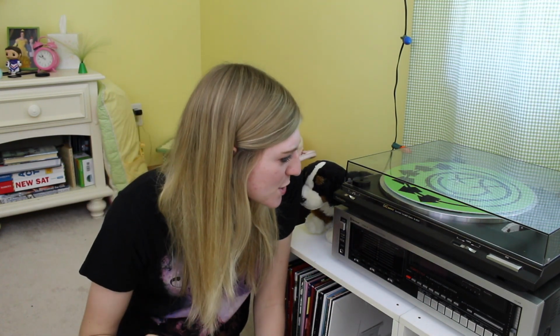So I thought it was only fitting to sit over here by where I listen to my records, which I don't think you guys have ever even seen my record player or anything like that in my room. But this is my record player. It's amazing. I love it so much. Before anyone asks, it is an automatic turntable system